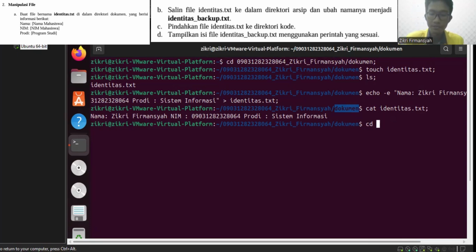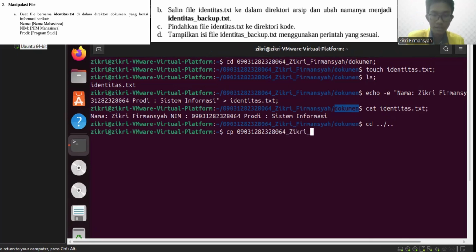So first I need to exit all of the directories, then use the cp command, and then the location of the identitas.txt file, then document, then identitas.txt, and then I define the location where I want to copy this file.